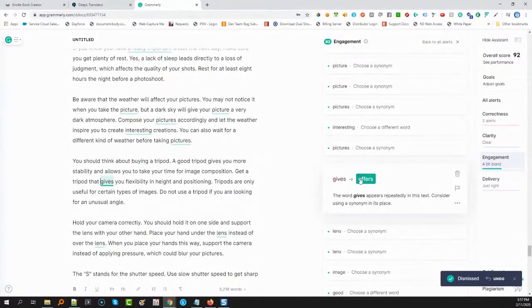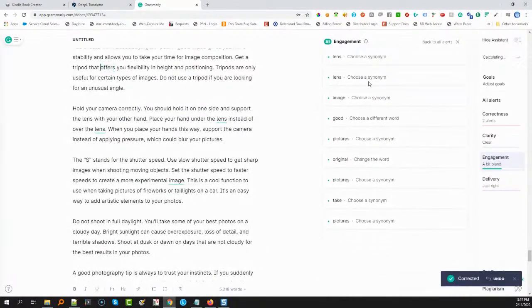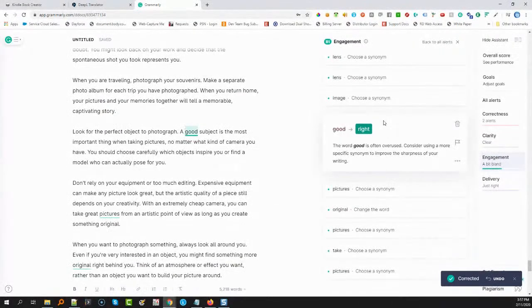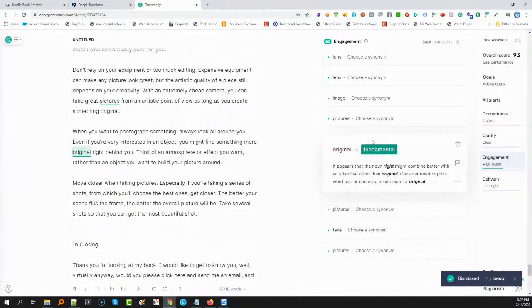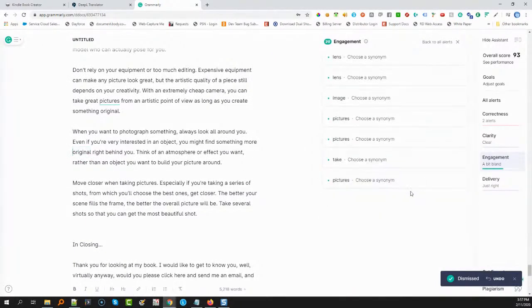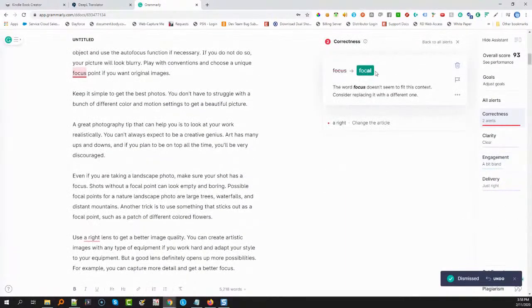Gives, offers you the flexibility. That's much better. A good, no, we'll leave it at good. Original. Right behind you, leave that as is. Okay, so we've got it pretty much as well as we're going to be able to get it done. So